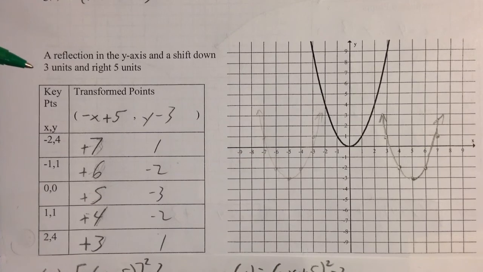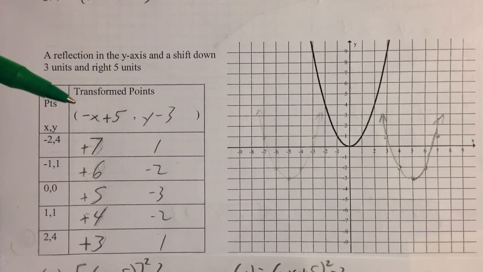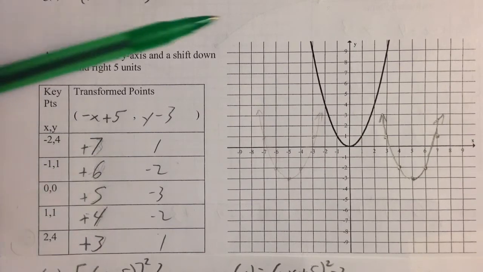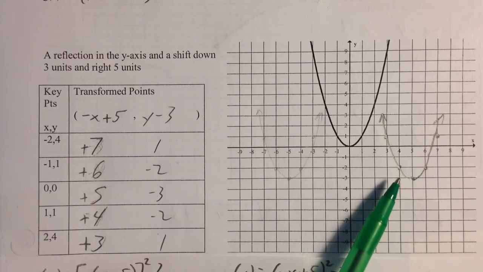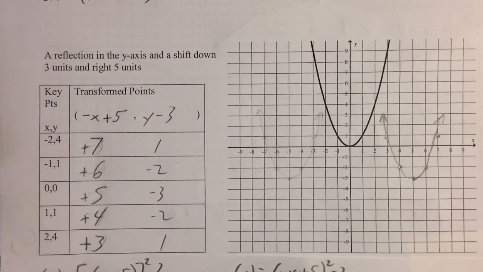So since I'm going right 5 units, I'm adding 5 to the x's. Since there's a reflection in the y-axis, I'm multiplying the x terms by -1. And since I'm going down 3 units, I subtract 3 from all my y's. I take my key points, I apply those mappings to the key points, plot it, join it with a smooth curve, and for my function,